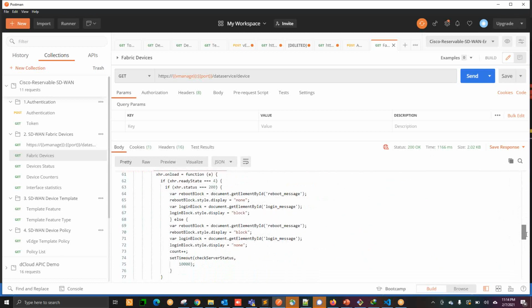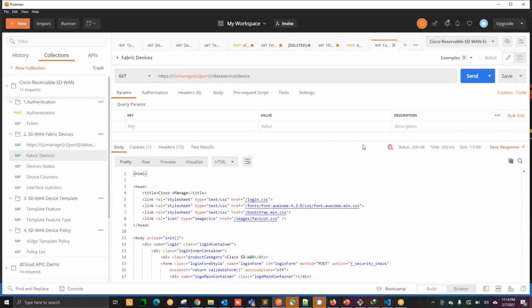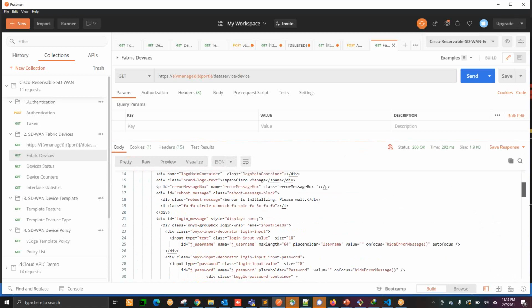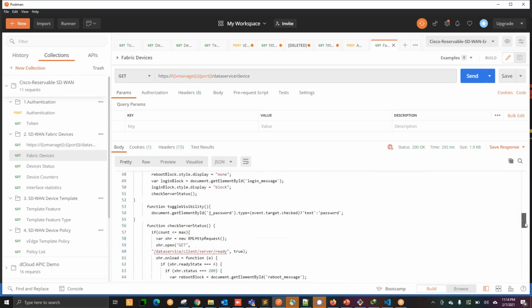Still it is showing HTML format. Let me run that, I want JSON output. This code that you are seeing is HTML. But anyway, if I scroll down, the data field will tell you the device information.